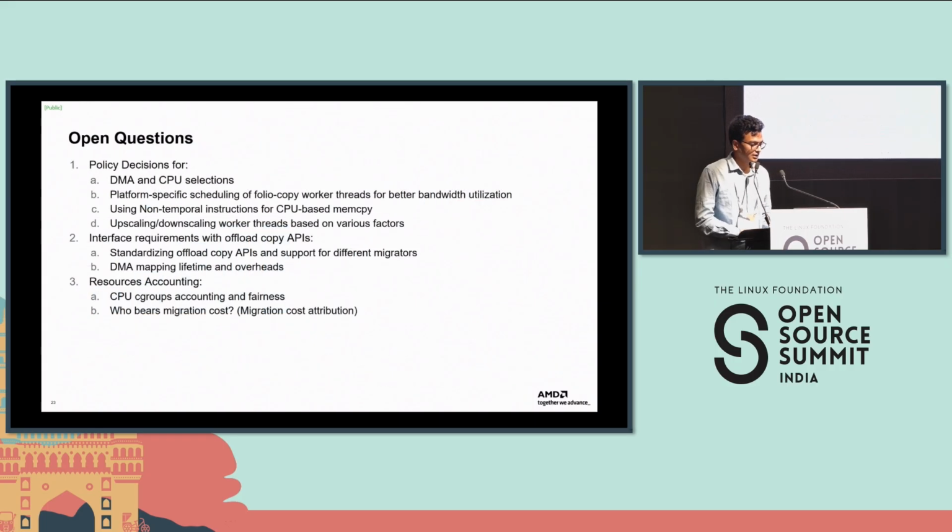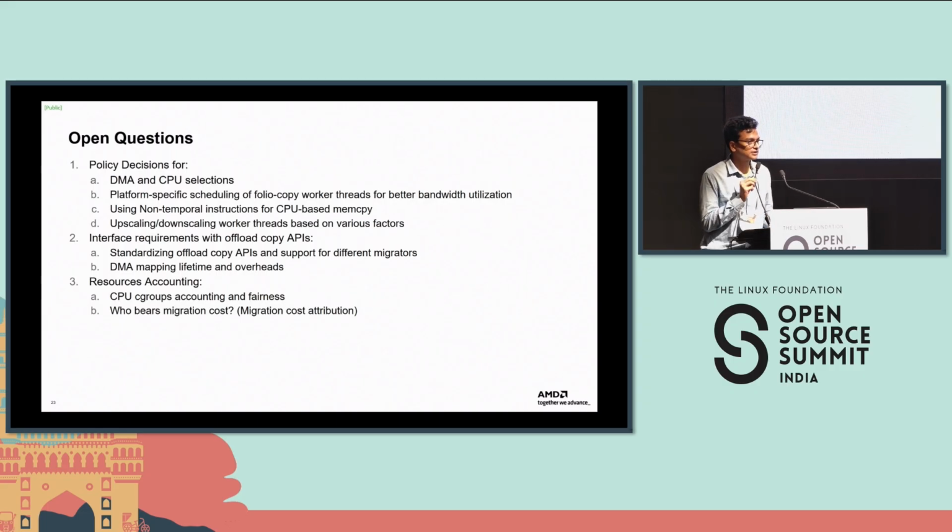So then there are open questions. This is still in RFC. We have some open questions about performance, which we will solve with more experiments and discussion with the community, like when we will select DMA versus CPU, and how we schedule folio copy worker threads across different platforms. For example, in AMD EPYC, we have